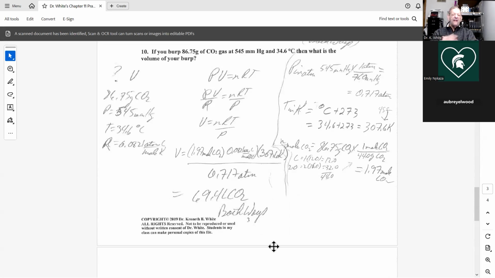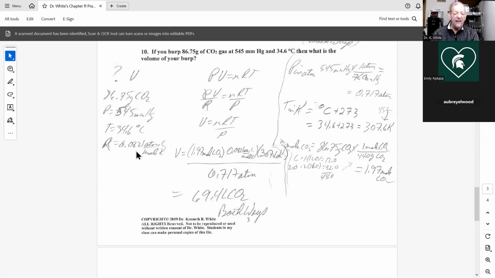All right, let's look at number 10. Let's have some fun with the ideal gas law. If you burp 86.75 grams of carbon dioxide, most of your burp is CO2, at 540 millimeters of mercury and 34.6 degrees C, then what is the volume of your burp? But you never thought I can get into burps in my class. I do. So what are we trying to find? A volume. We're given a weight of CO2, the pressure, the temperature,